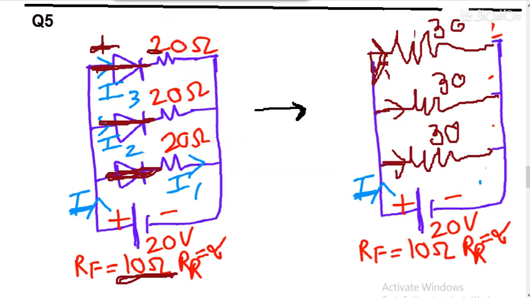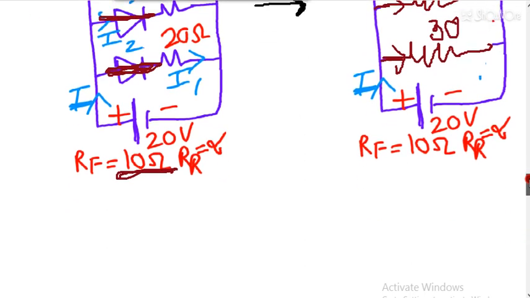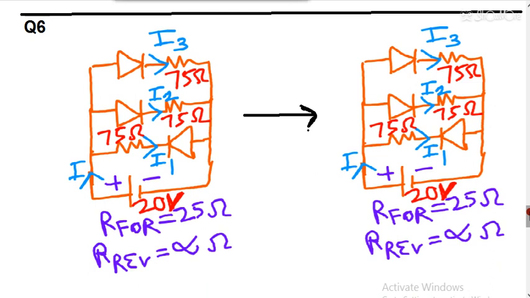So moving to the next question, that is question number 6 on your screen. So students, in this question you can see what will happen. Okay, let me take the marker. This one is positive, negative. So this first diode is forward bias and the forward bias resistance is 25. We will have to consider that later on. This second diode will again be forward bias. This is the positive terminal on the P side and the negative terminal on the N side.